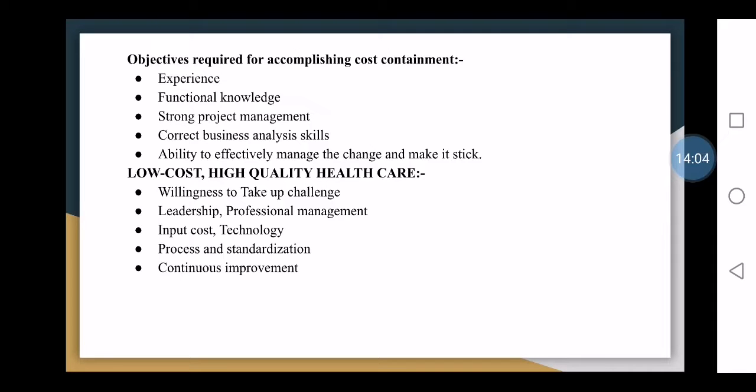High cost-effectiveness and high quality healthcare is very, very important. When we think about minimization of cost, we can never compromise with the quality of healthcare. Don't think only about the medical sector. If you think about the production of a pen, if it is made of slightly lower quality plastic, or if we reduce the length of the pen, or the quality of the cap, it doesn't affect much the quality of writing.